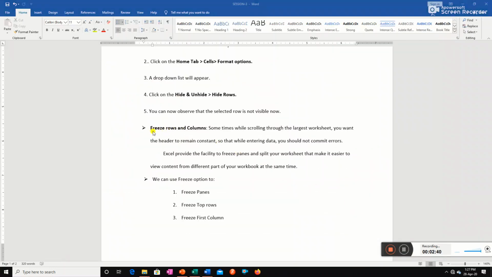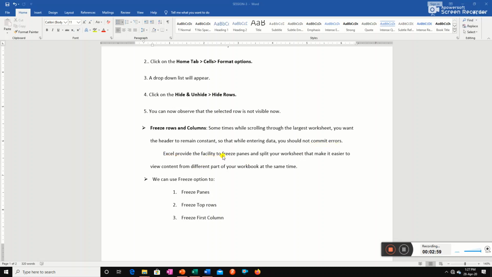The next topic of this session is freeze rows and columns. Sometimes while scrolling through a large worksheet, you want the header to remain constant so that while entering data, you do not commit errors.